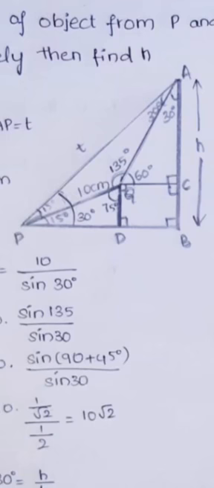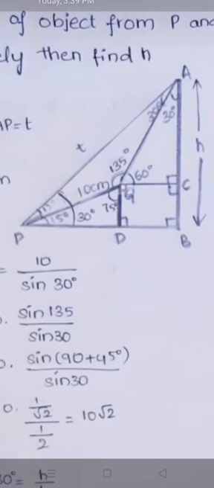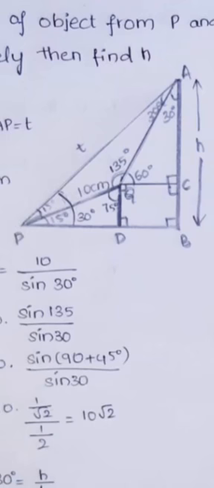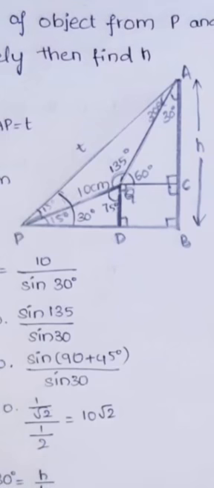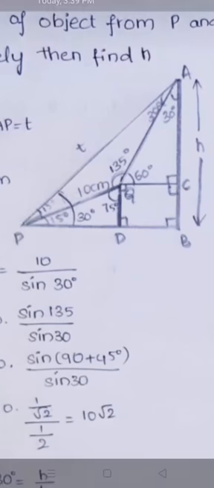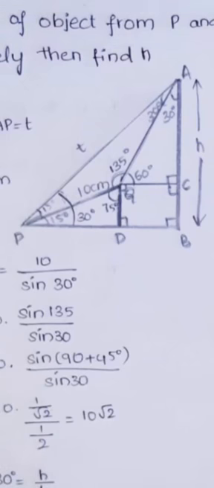The points of observation given here are P and Q. How are they located? P and Q are located at a distance of 10 centimeters between them, and Q point is located from the P point at an elevation of 15 degrees. They are given in the problem. So we have to find the length h centimeters.